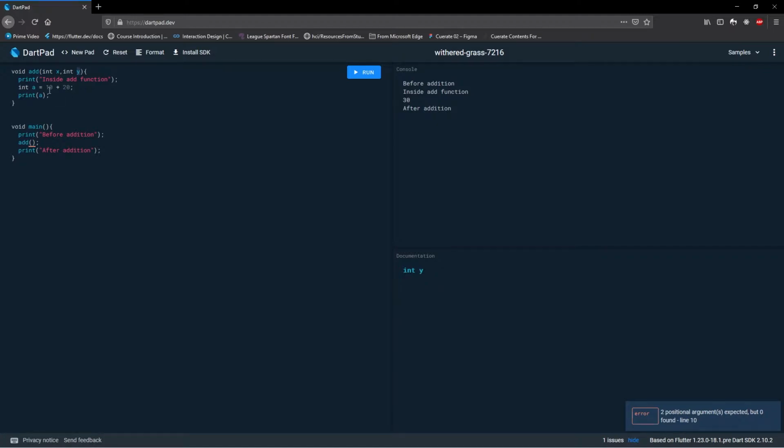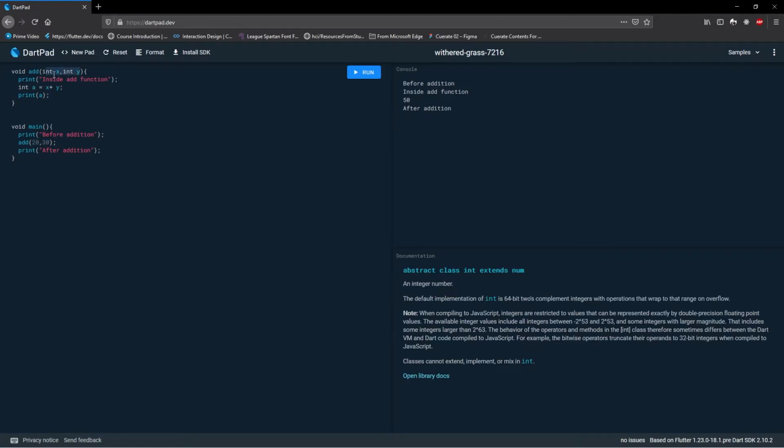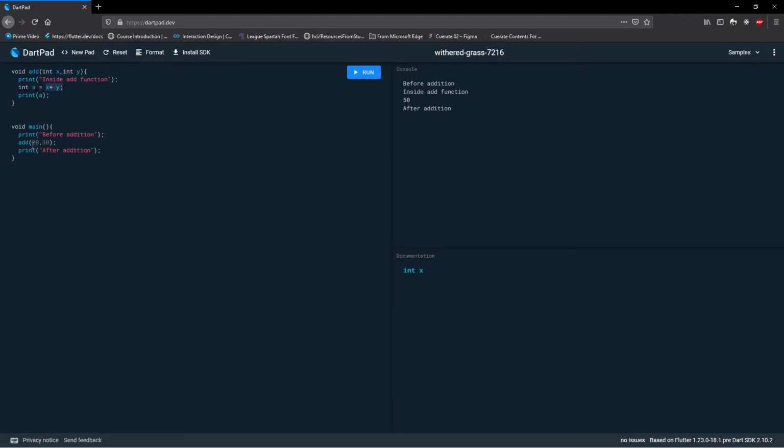All right, now here you can access those arguments and give, instead of 10 plus 20, x plus y. And here you can see that add function is expecting two values. So I'm going to give 20 comma 30. Now if we hit run, it's going to print 50. So we are giving these two values to x and y, and the function is going to use x and y to perform the addition. That is how you pass values to a function.